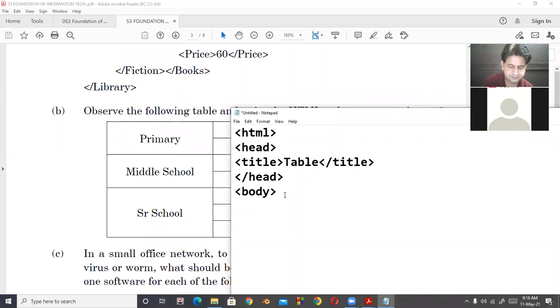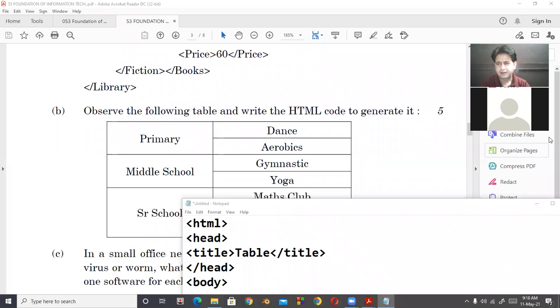After that, now here we have a table in which data is centralized, and I think it is bold also.